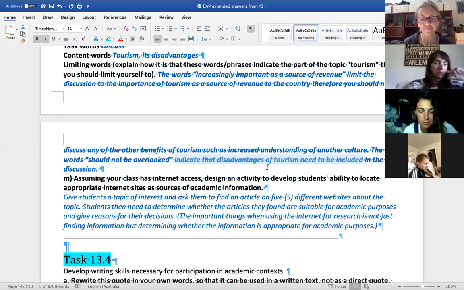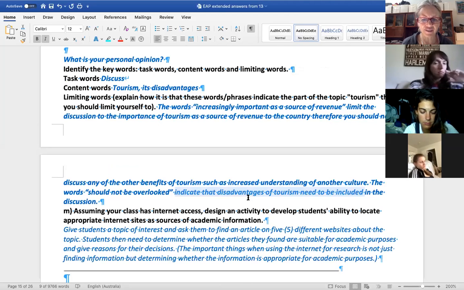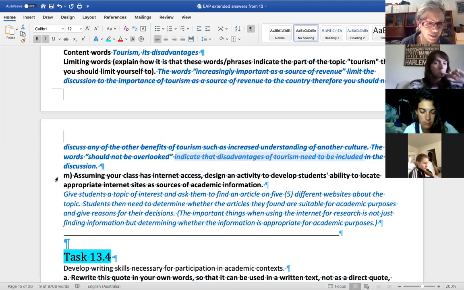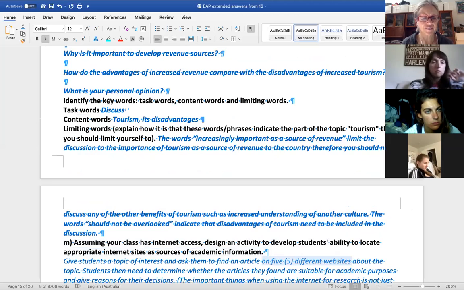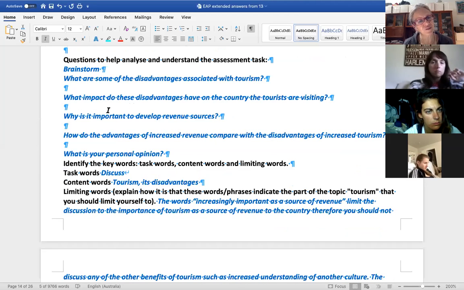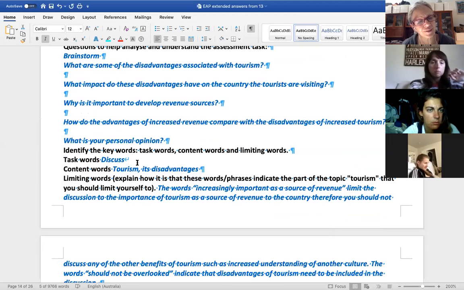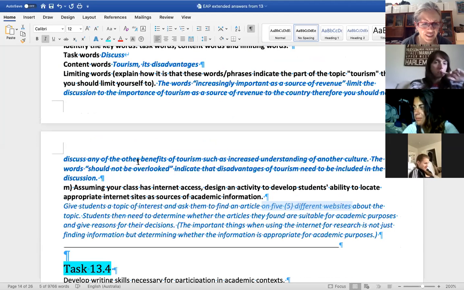So it's limited to include the advantages and disadvantages. And then M: assuming your class has internet access, design an activity to develop students' ability to locate appropriate internet sites as sources of academic information. So you could get them to find 5 different websites on this topic. And if they've got a view, well, it's discussing, so you look at both sides, advantages and disadvantages, and have that included in the